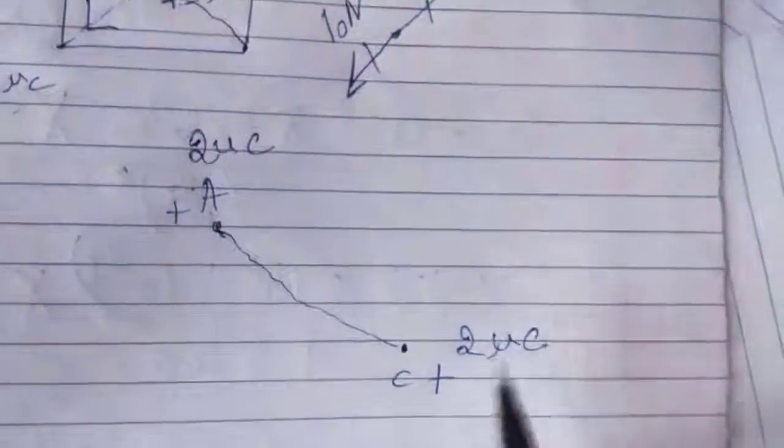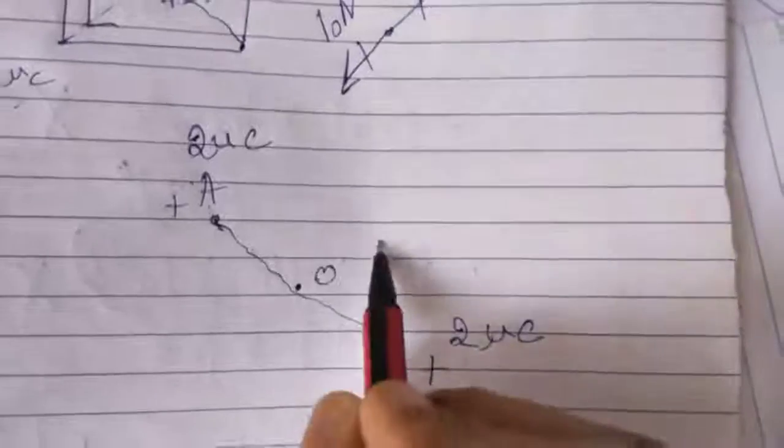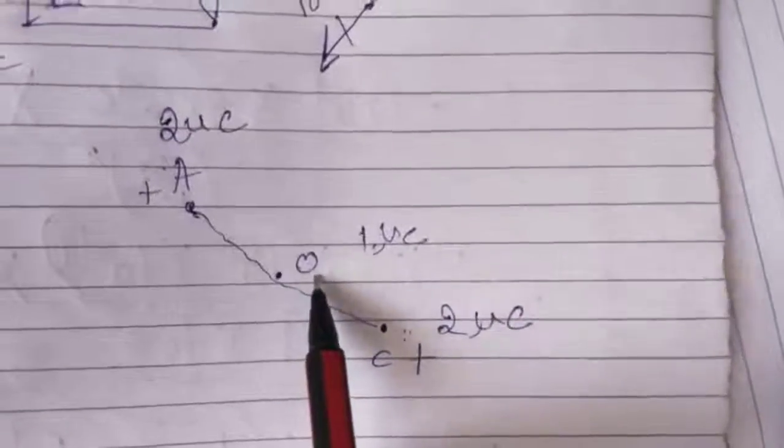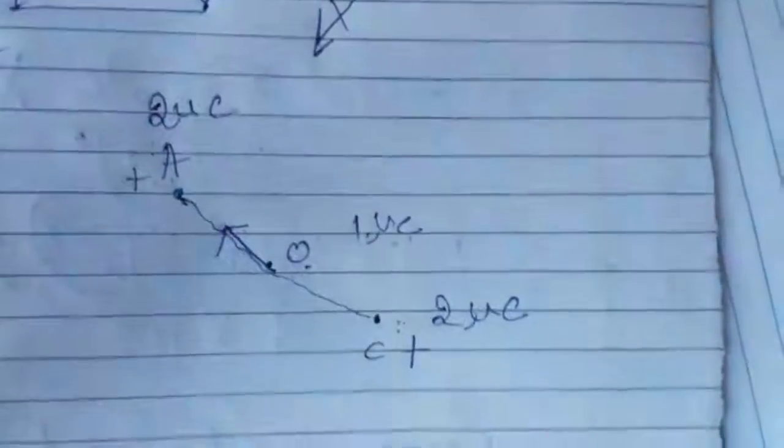A is having a value of 2 microcoulomb and C is having a value of 2 microcoulomb. So at the center we have placed 1 microcoulomb. This is positive in nature, this is positive in nature. This will repel this charge, repel in this direction. It is the force acting on the center charge